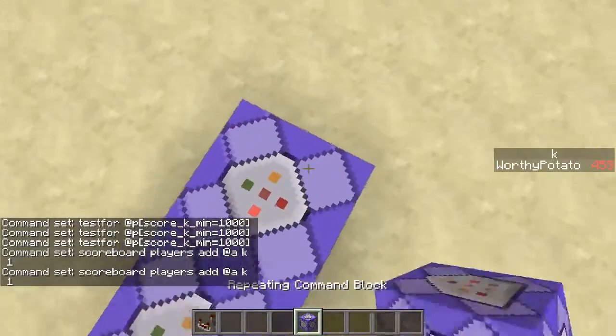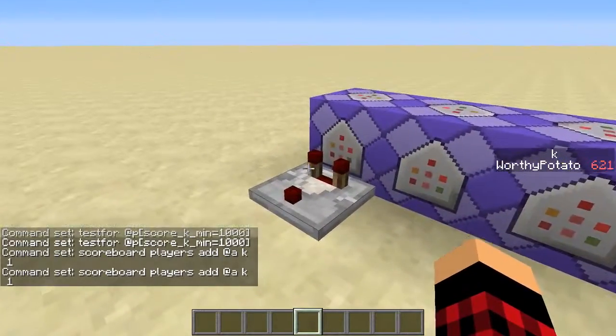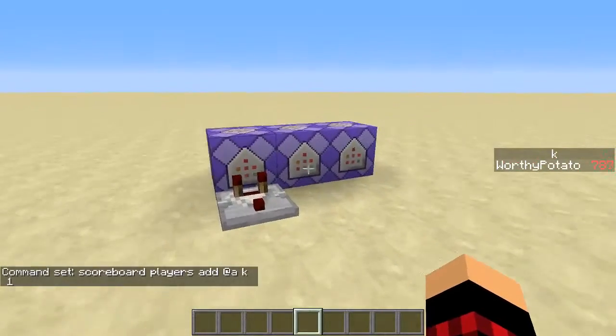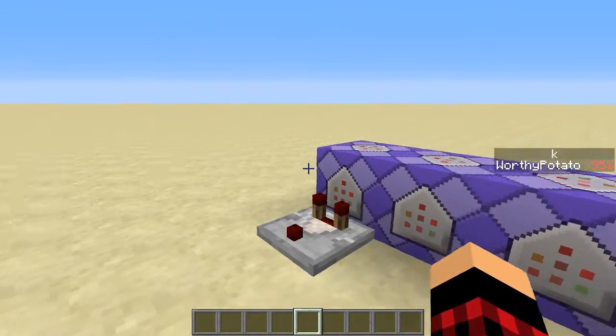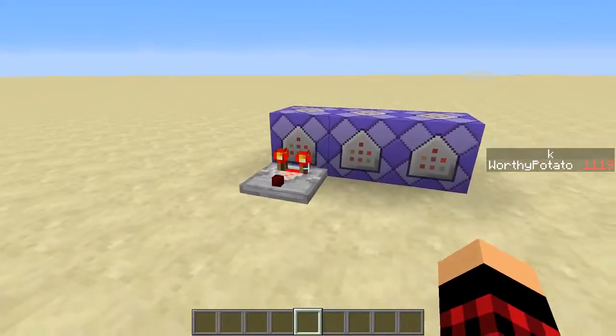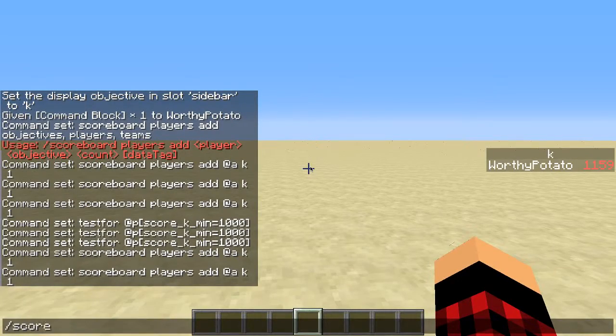When this value gets to 1,000, this repeater will activate. And if you wanted to, this repeater would go off to something else that would reset this entire scoreboard. And it would just keep doing it. So when it gets to 1,000, this will activate. And it's pretty handy. So if you wanted to do something like that, you could do that. That's pretty much everything you need to know about